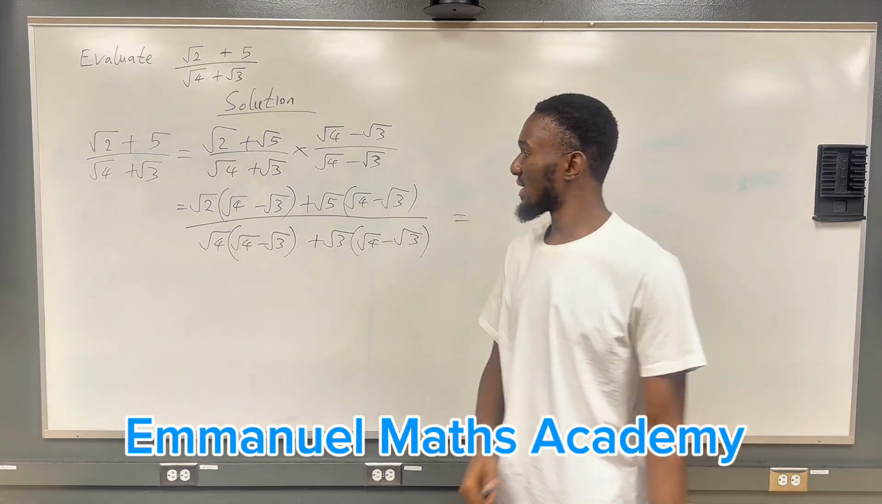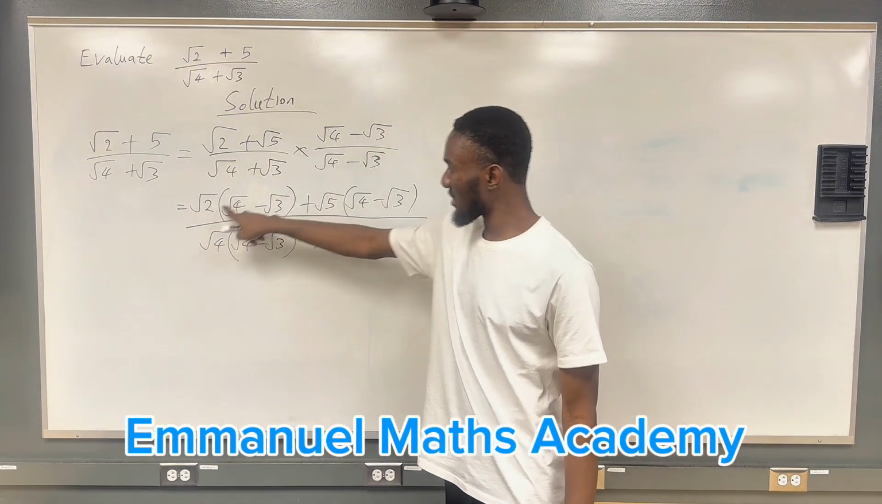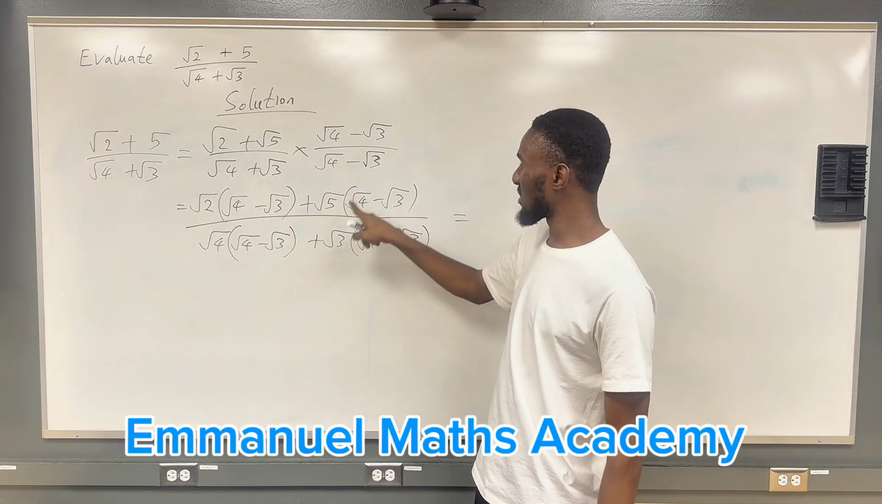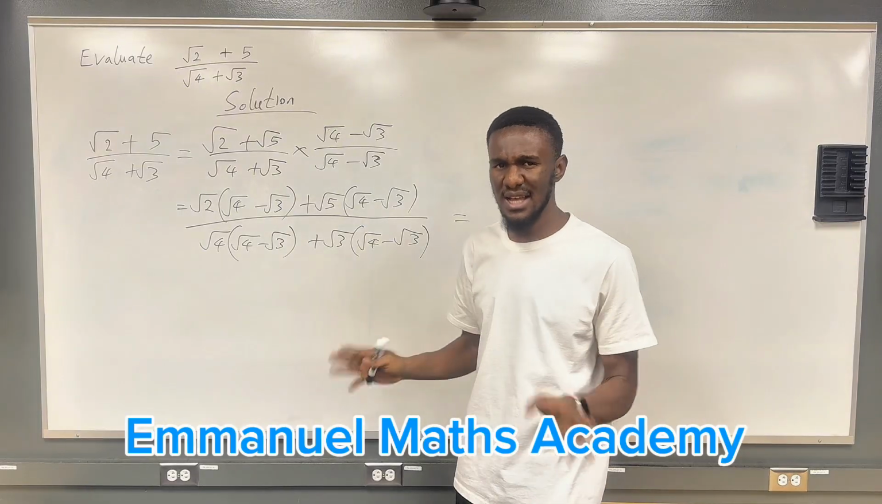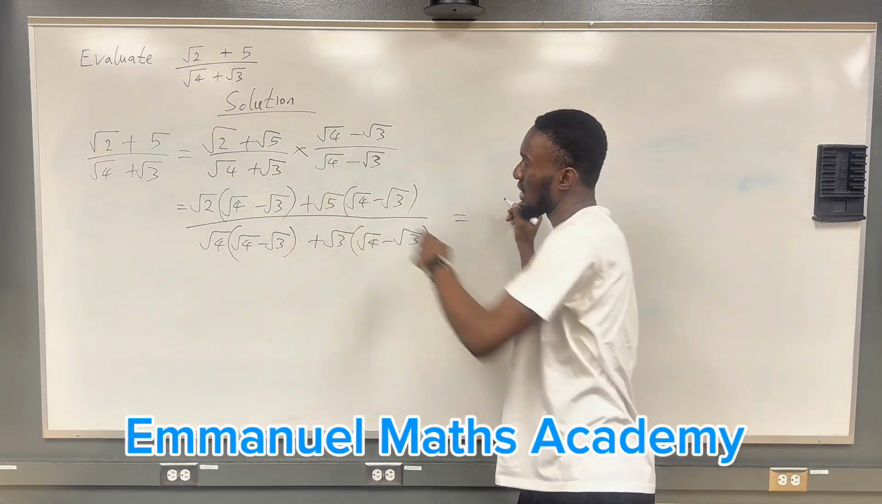So what are we doing basically? We are using this to multiply this and also this. Then we'll do the same thing here. You use root 5 to multiply this and this. We'll do the same thing here and here. As simple as that. So if we do that, we have this is equal to